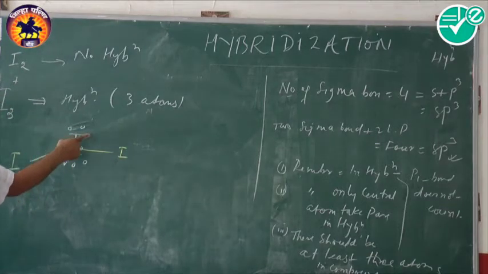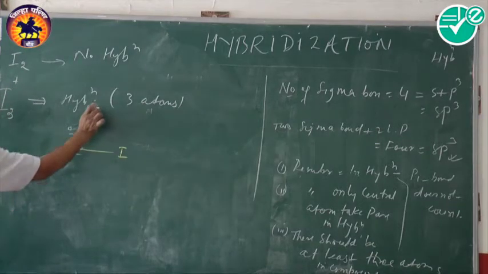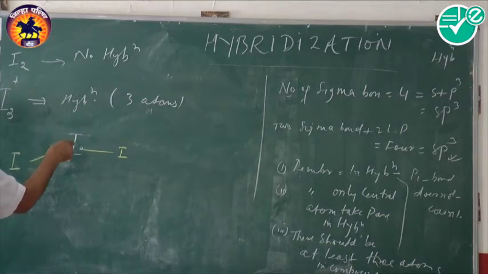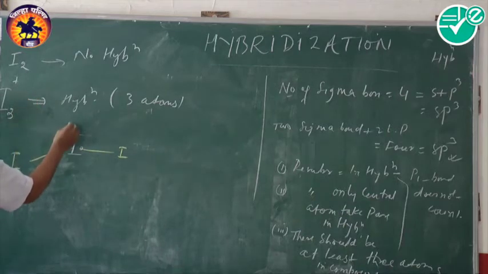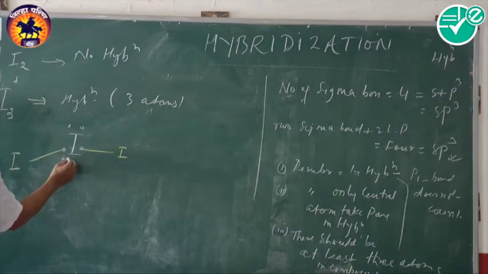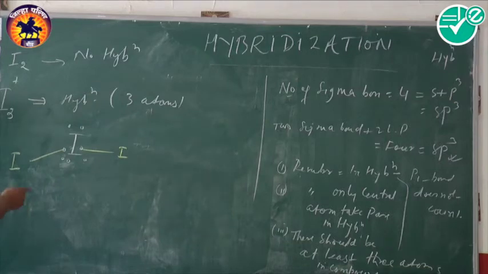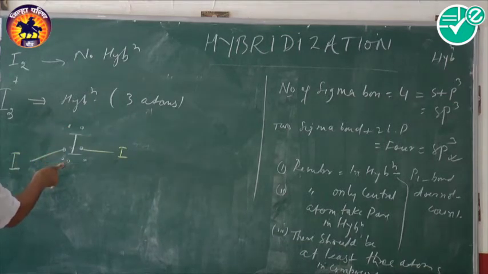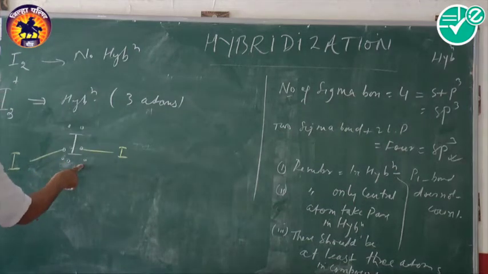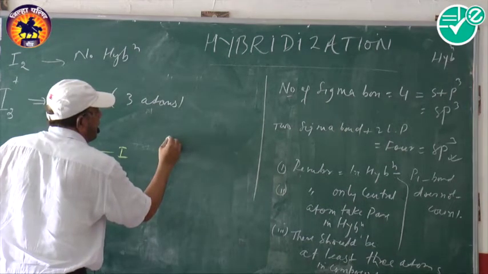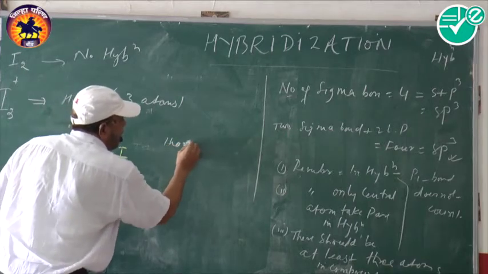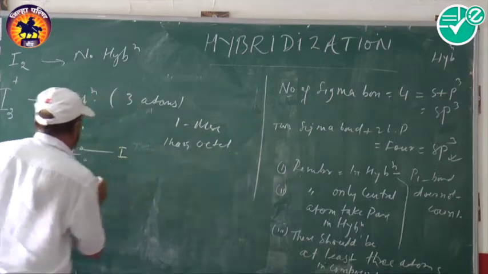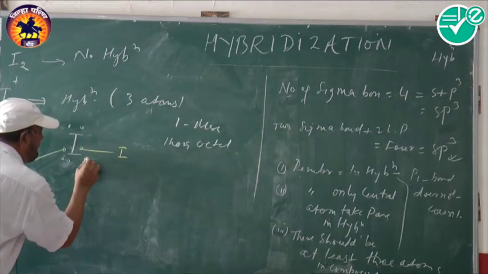Okay. Again see, this I belongs to 7 group, but at present it has only 2 electrons, remaining 5 electrons. 1, 2, 3, 4 and 5. Now this has 2 plus 2 plus 2 plus 2, 9 electrons. 9. There is 1 more electron than octet. Hence the last electron occupies plus charge.